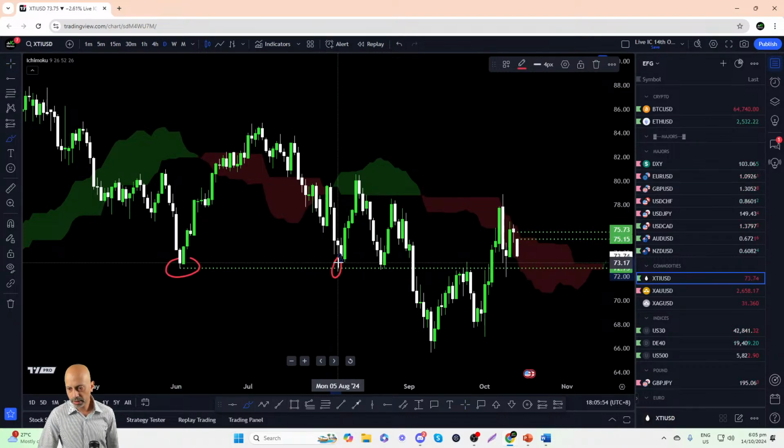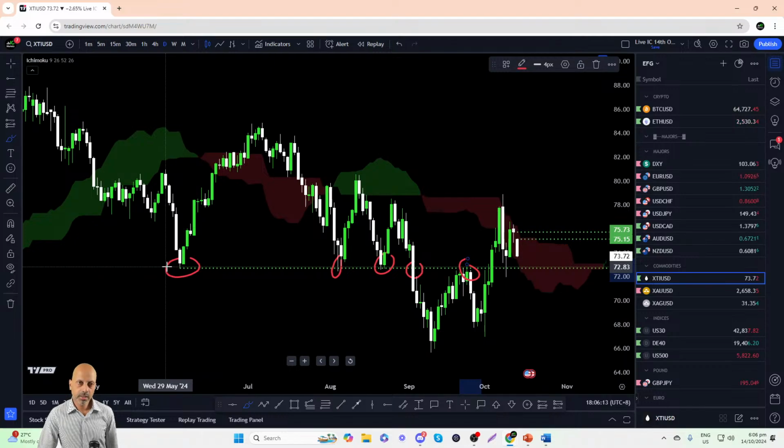Another swing low support taking place on 5th of August, and the third swing low support taking place on 22nd of August. You can see here previously this level functioned as a strong multi-swing low support before finally breaking out of this level on 3rd of September, but it proceeded to function as resistance on 23rd and 24th of September. So what was previously a strong multi-swing low support has now functioned as resistance, thus creating a very nice overlap